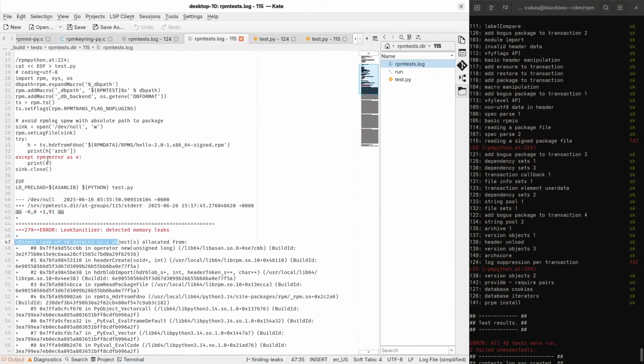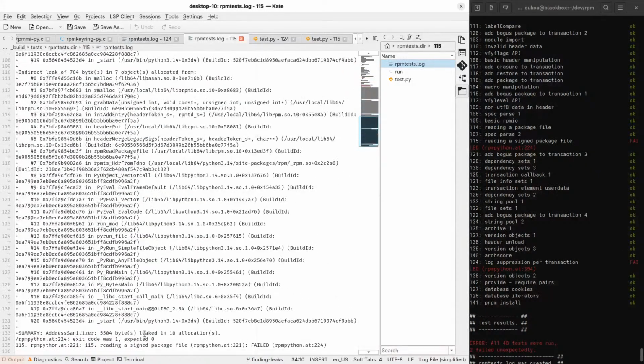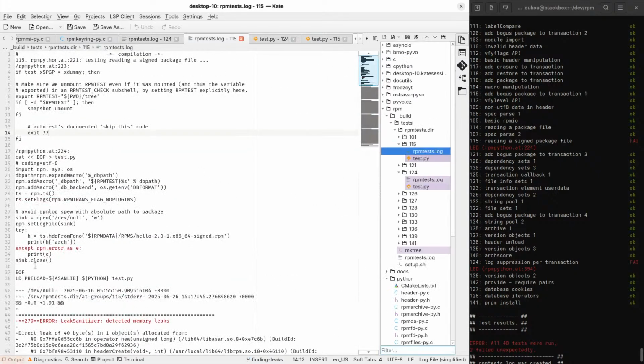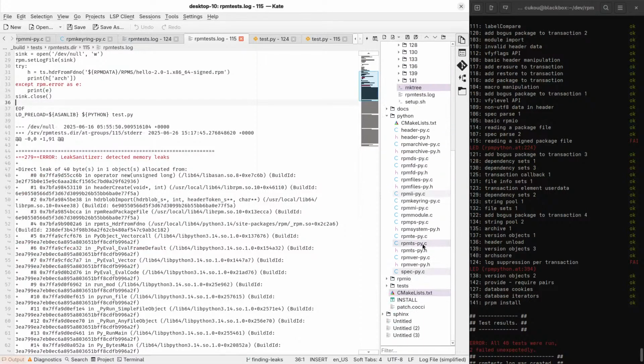I don't see any errors being printed, which is good. That would mean the bug is not in an error path. There probably is some bug in some error path somewhere, but that's not being tested here.